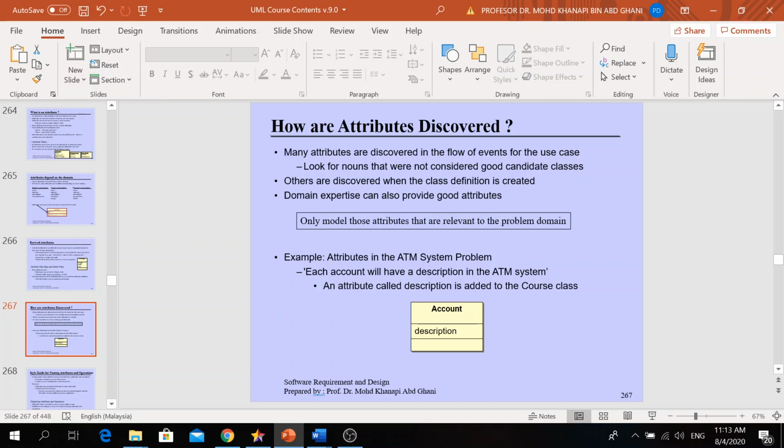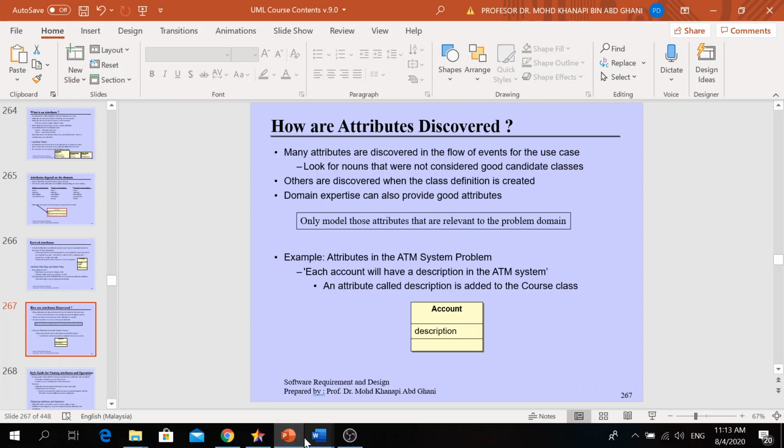Anyway, I will show you how to discover attributes through a sequence diagram. This is a basic way to discover attributes. If you have less information about your system, sometimes a tool will help you discover the attributes.